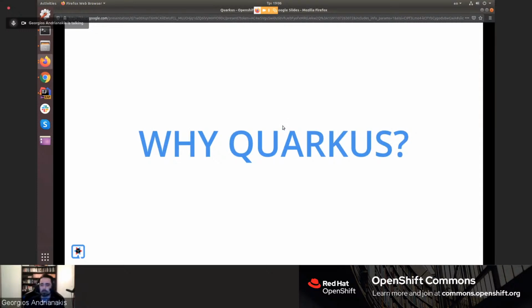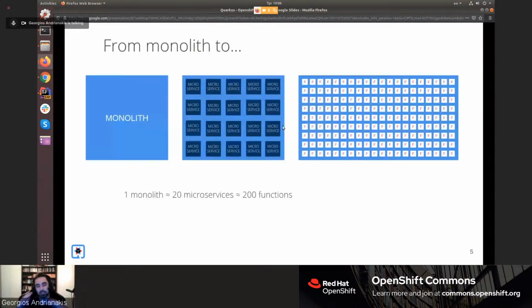So why did we do Quarkus? Basically, that's a question that comes up a lot, because in the Java space, there are a lot of frameworks to do enterprise Java development, right? So the question comes up: why did you do Quarkus, and why is it so different from all this other stuff that's out there? Basically, the basic principle is that we have to think that